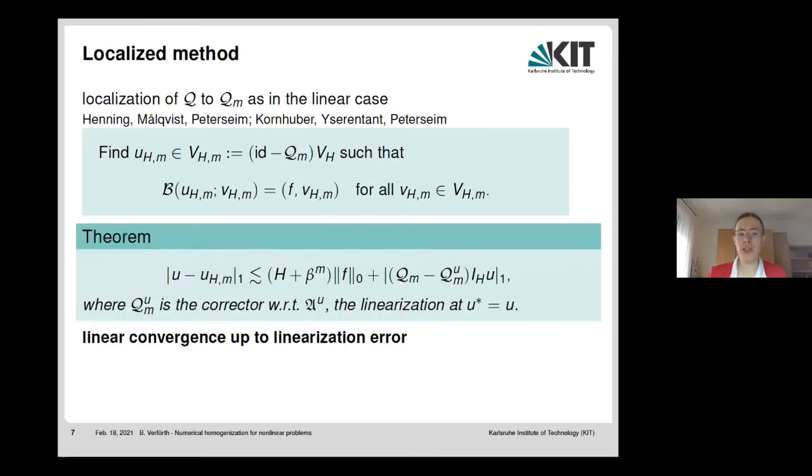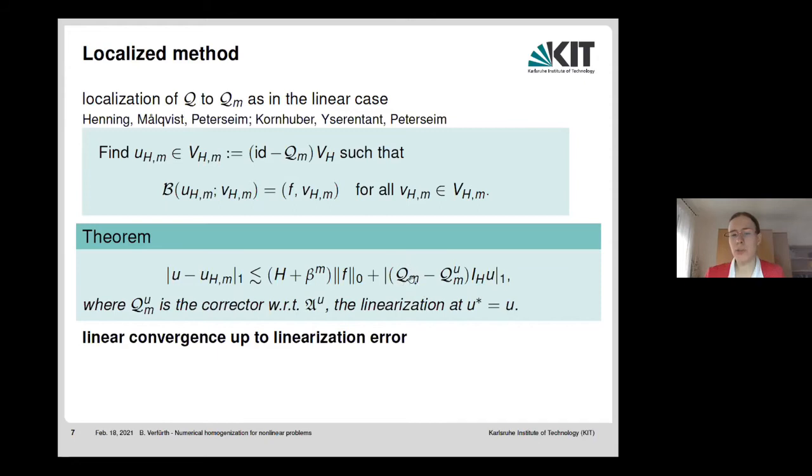We also have an estimate for the error between the exact solution and this multiscale solution in the energy norm, which is here the H1 semi-norm, which reads as follows. So we have linear convergence in the mesh size, the typical exponential convergence in this parameter m here. So these are the two terms that you maybe recall from the localized orthogonal decomposition in the linear world already. And you have the data term, so the L2 norm of f here. So you have linear convergence up to some additional term, which is a linearization error. And how does this look like?